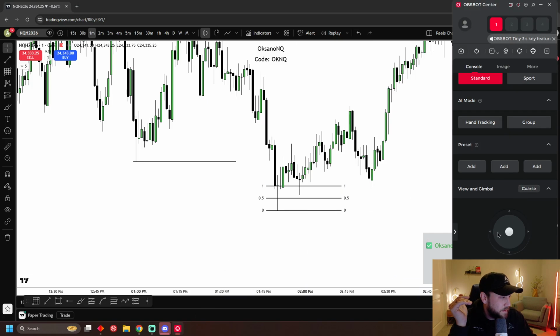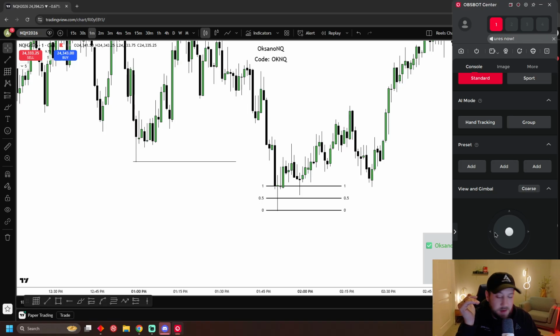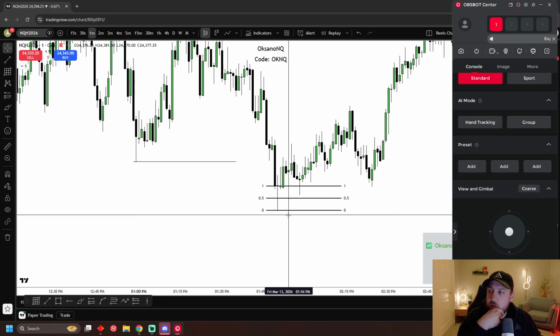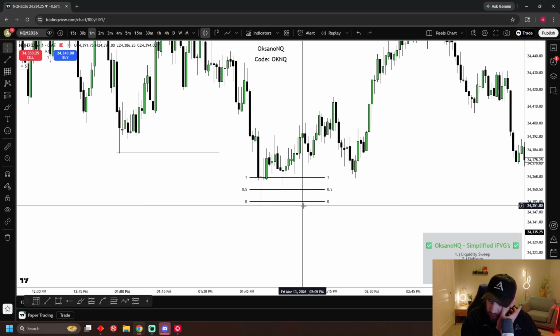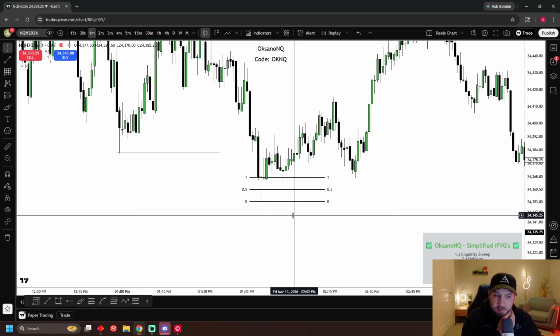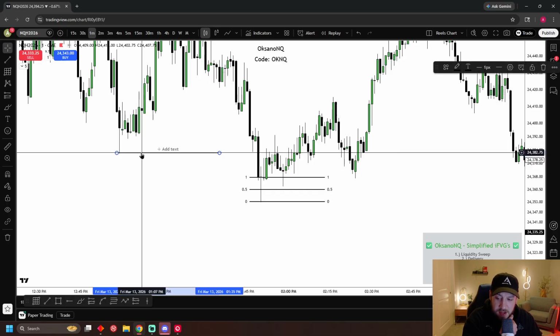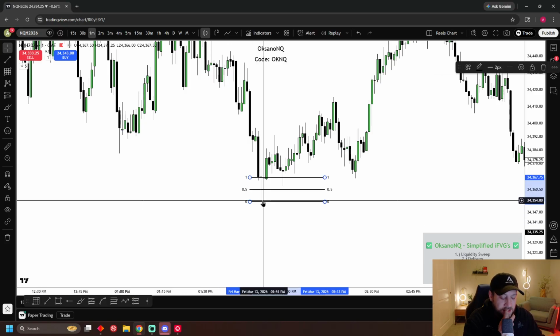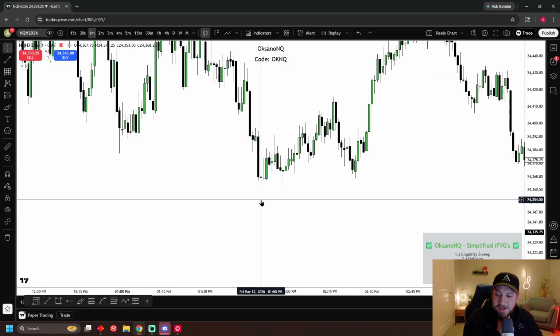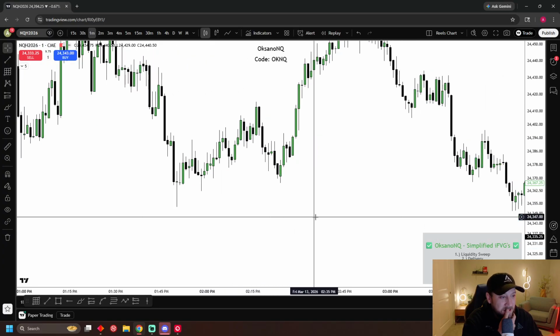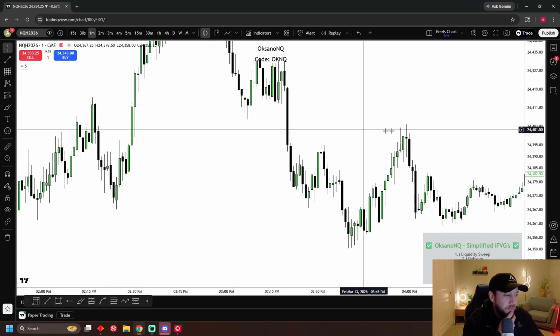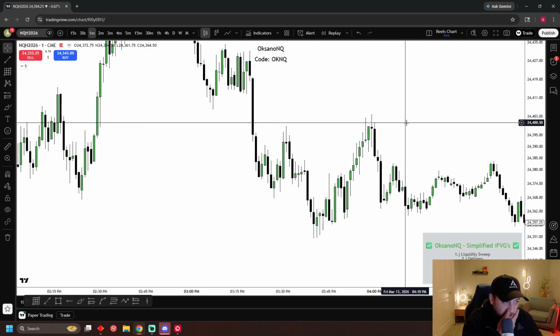So for me, when I'm sitting here looking for a setup throughout the day, I'm not thinking, how do I find a rejection block and use it, if that makes sense. But when I see order blocks, that triggers something in me. When I see a breaker block, that triggers something in me. So when I go into the day, that's just not one of the things I've decided to use, apparently. But now that we've talked about it, I'm starting to see them all over the place.